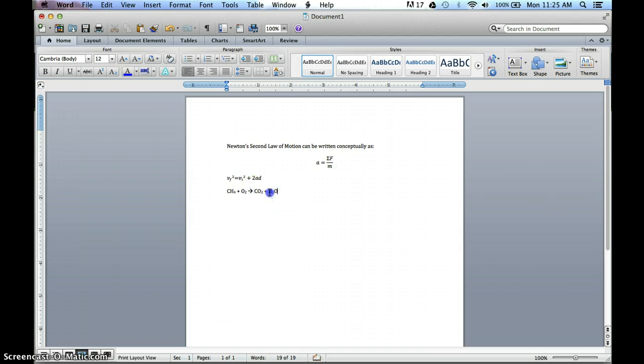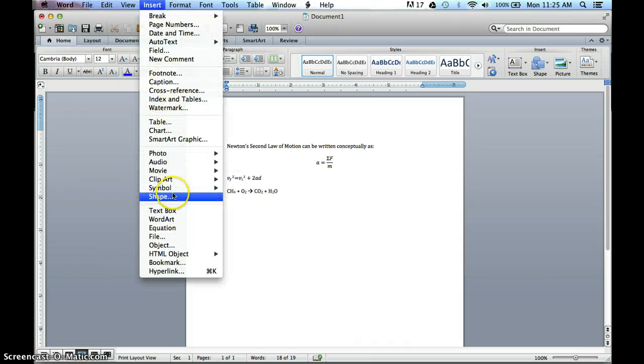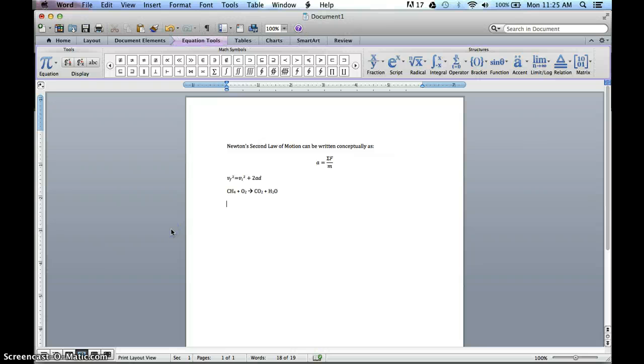However, this is all put in there. These are all individual letters. If I insert an equation, I can group them all together as one thing and move them around as I need to. Now in this case, I've got subscripts, so I need to choose that, and then I can go back and enter the hydrogens, plus